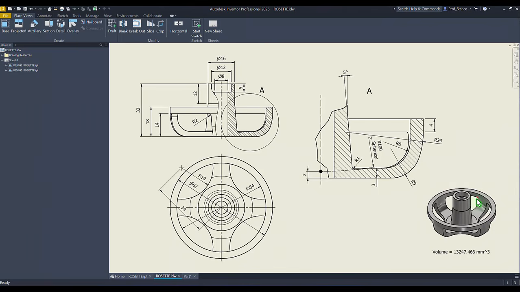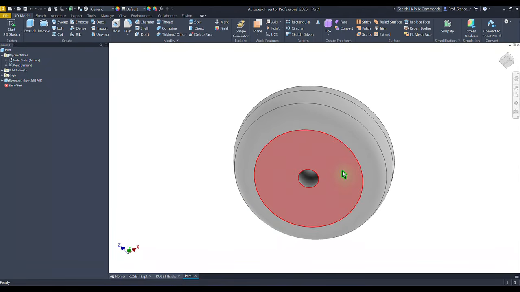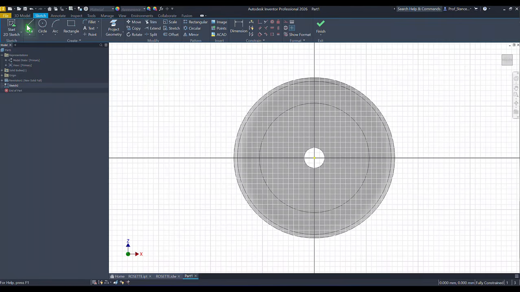Next is this cut with the dimensions right here. Radius 19 at a distance of 34 from the center. You understand that this is at 45 degrees, of course. The depth is 14. We turn back the part, we select this face, then we draw a line